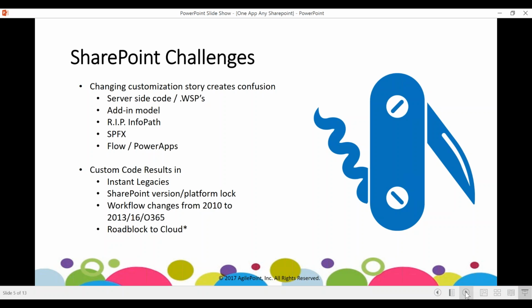In addition, more recently, we heard about the death of InfoPath. This was a solution that was very widely used. A free solution that essentially most of my customers were using pretty heavily, and was a great way to go down this path of business apps. To collect data, to distribute data across maybe my team for an approval. And then obviously using a workflow behind the scenes to drive the process.